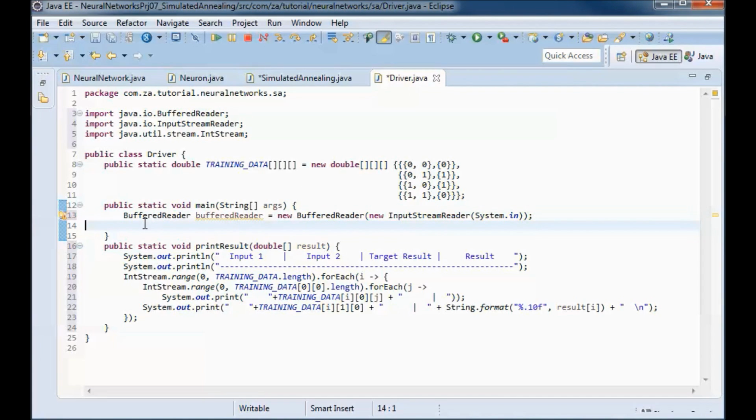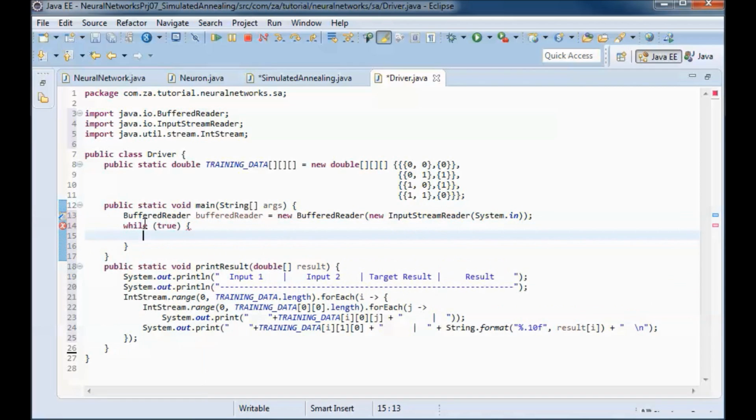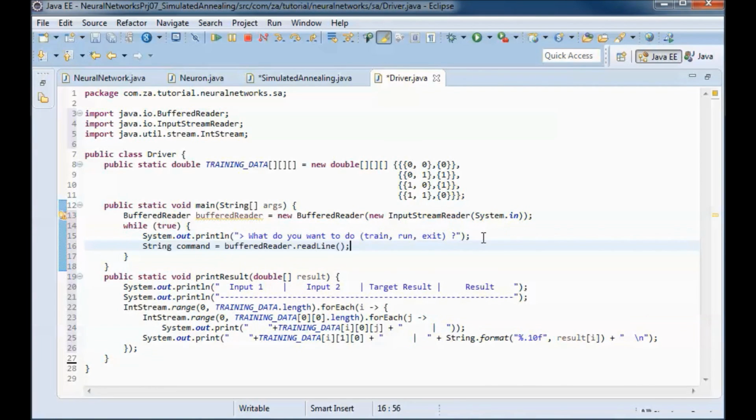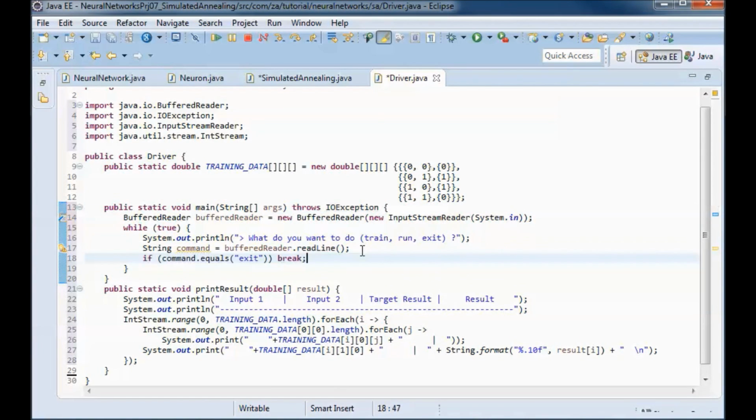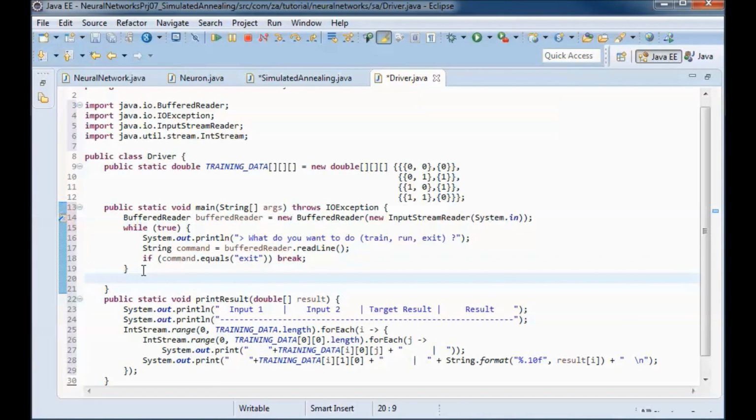So we will have a while always true loop, and here we will start by prompting the user. They can either enter train or run or exit, and we will read what that user entered. And in case they entered exit, then we will break out of the while loop and exit the application.